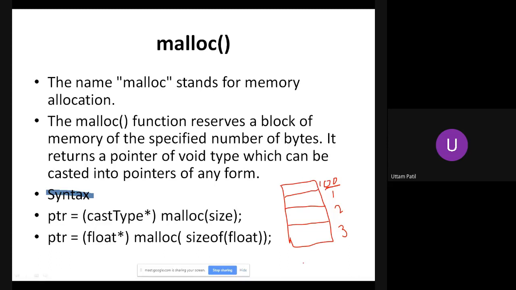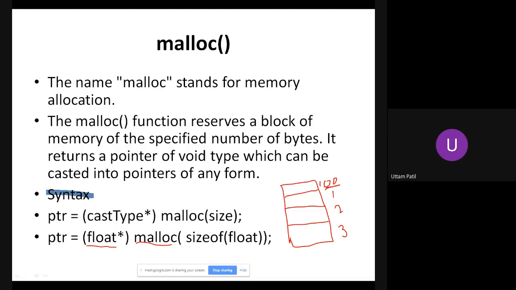Now, how do you know which byte is allocated? For that, malloc returns the first address. Now, since it returns this address, what is the type of data you can store there? Malloc does not know what type of data we want. So it will return a void type of pointer. You all know that void is a data type. It returns a void type of pointer, and that void type of pointer is typecasted to float, changing the data type from void type to float type.